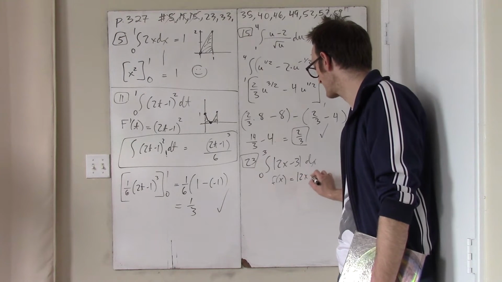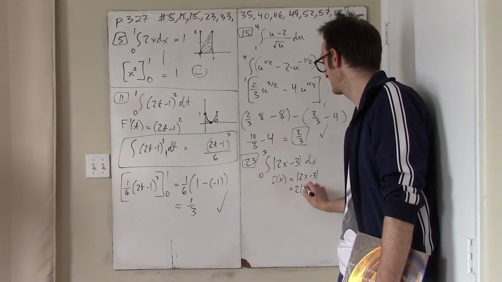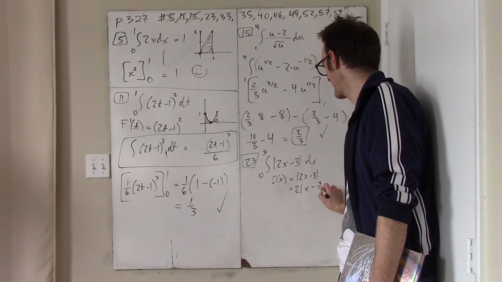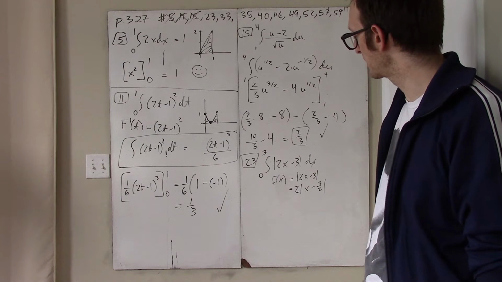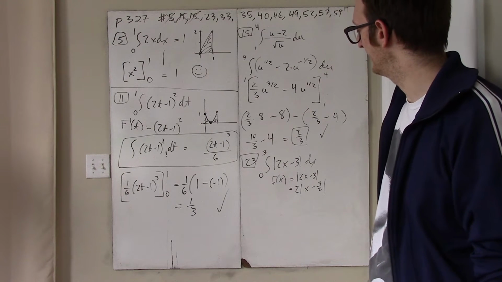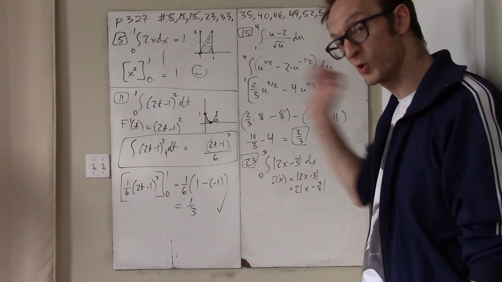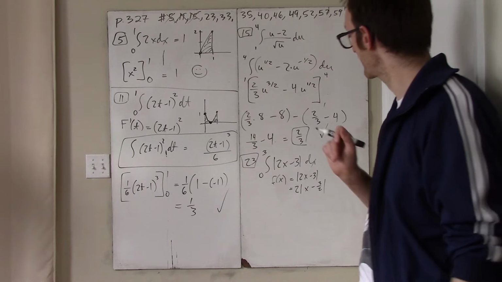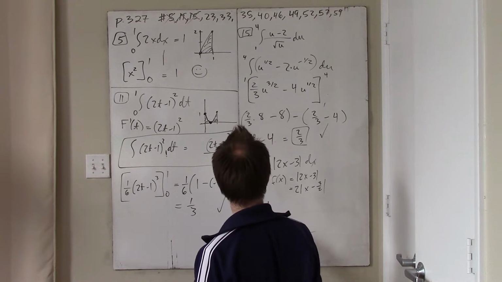Absolute value 2x minus 3. Well, if I factor out a 2, then it's absolute value x minus 3 halves. In other words, this is the function which is just like the absolute value except shifted horizontally by 3 halves and stretched out by a factor of 2. So if I go to make a picture of this now, at 0 it's